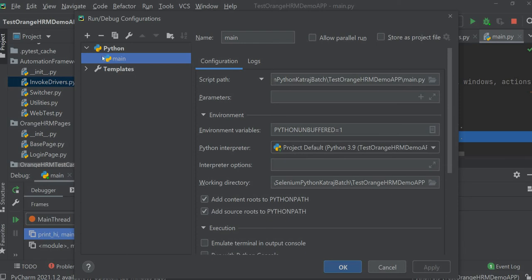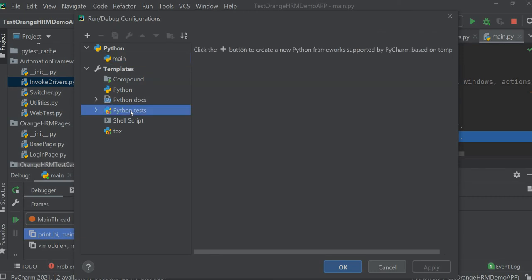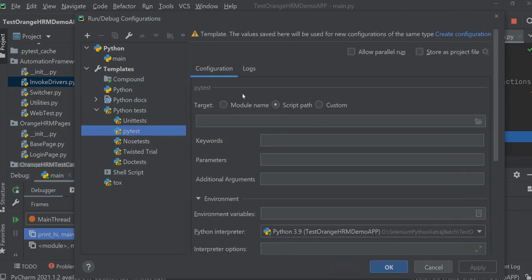For debugging, edit configurations, Python tests, and here I'll mention the script path.